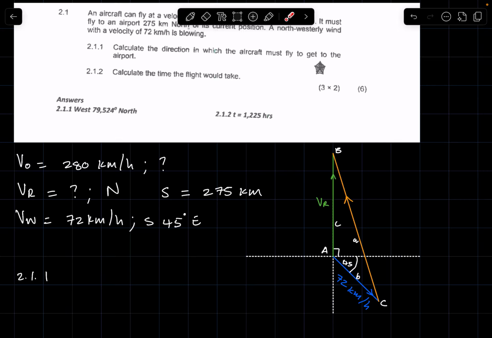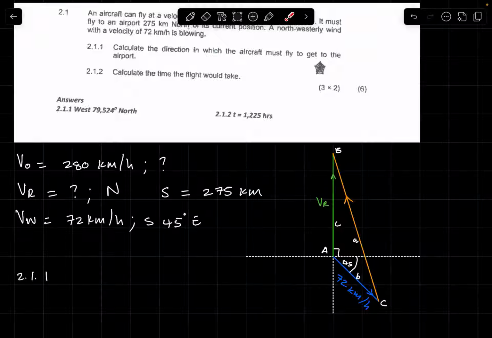if you've been watching my content, is that whenever they ask you to calculate the velocity of the aircraft, it's always either the takeoff velocity or the velocity of the aircraft relative to the air. But my point is, whenever they ask you to calculate a velocity related to the aircraft, it is always VO, because VR is essentially the velocity of the aircraft relative to the ground,